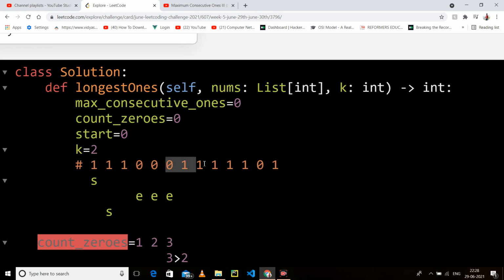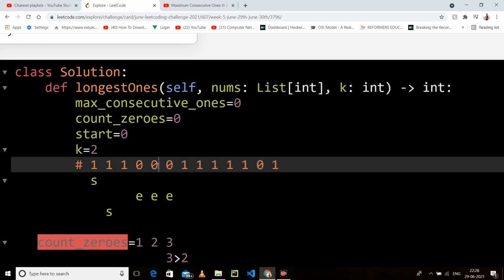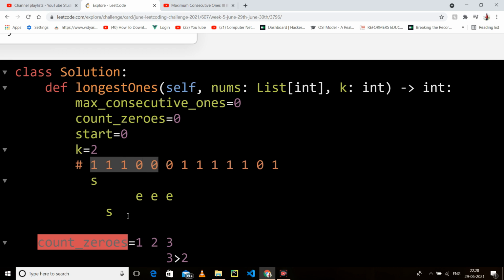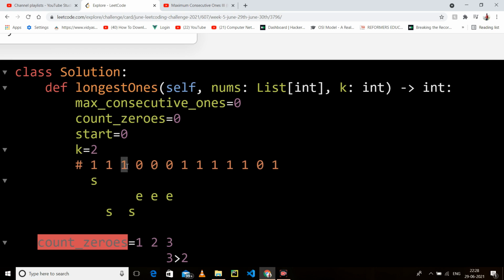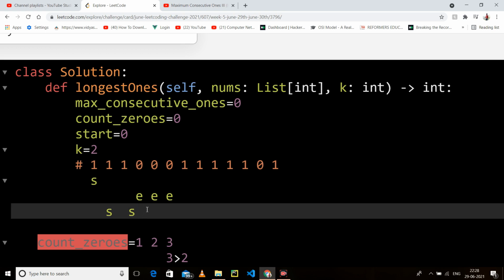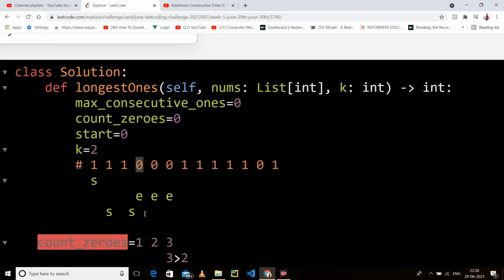Now our new window starts from here, so I have to come here somehow. So we will increase s and we will check whether it is 0 or not. No, it is not 0. So let me move again, it is not 0. But if it is 0, I will say decrease my count of 0.